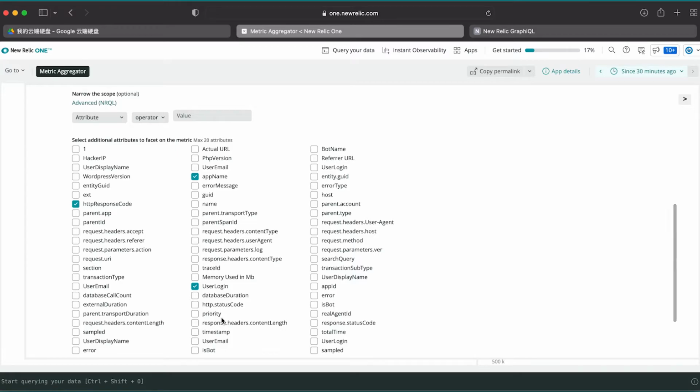One thing to be noted is that we don't want to choose attributes with a lot of unique values because you can hit the cardinality limit. There's a 50,000 cardinality limit for each metric per 24 hours. That needs to be kept in mind.